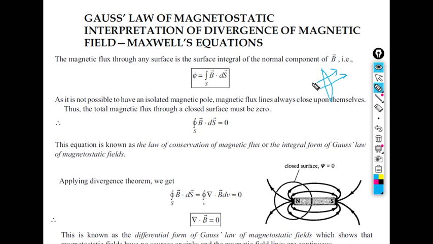Now this surface is an open surface, so through this open surface, whatever amount of flux density is flowing, if I integrate, we get the flux. So we can write that the magnetic flux through any surface is the surface integral of the normal component of B. So phi is equal to the open surface integral of B bar dot ds bar. The bar means we are using the vector components of B and ds.